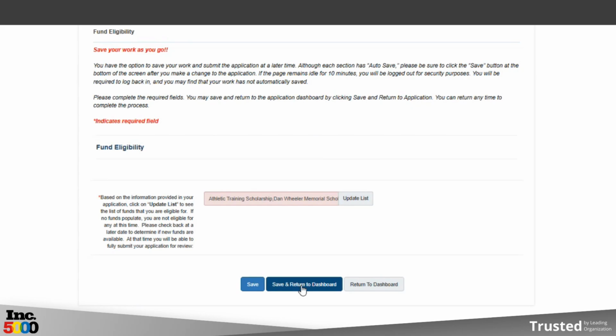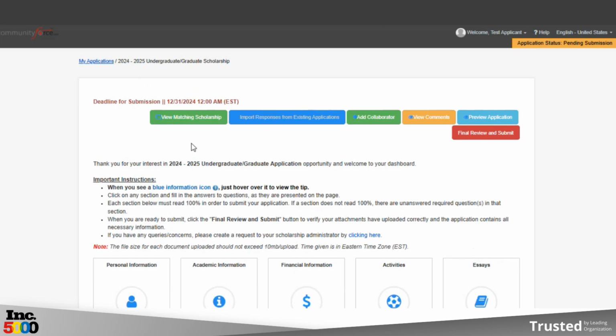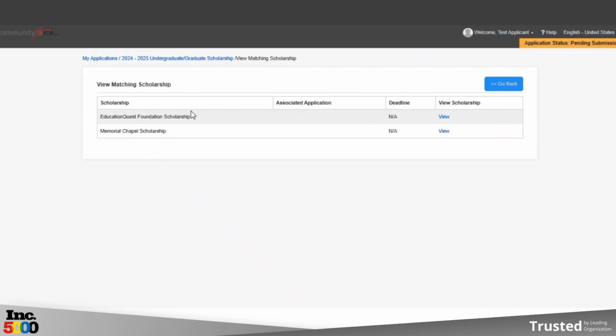When you return to the dashboard, you'll see some sections are now at 50% completion. This is because some scholarships require additional information, which is part of the matching process. At the top, applicants can view matching scholarships that they may be eligible for based on the opportunities provided by your organization. This feature displays applications they qualify for, and depending on how they answer eligibility questions, additional programs or